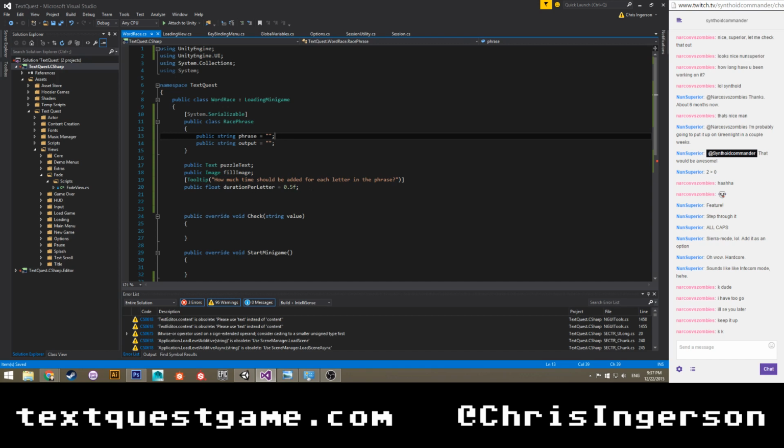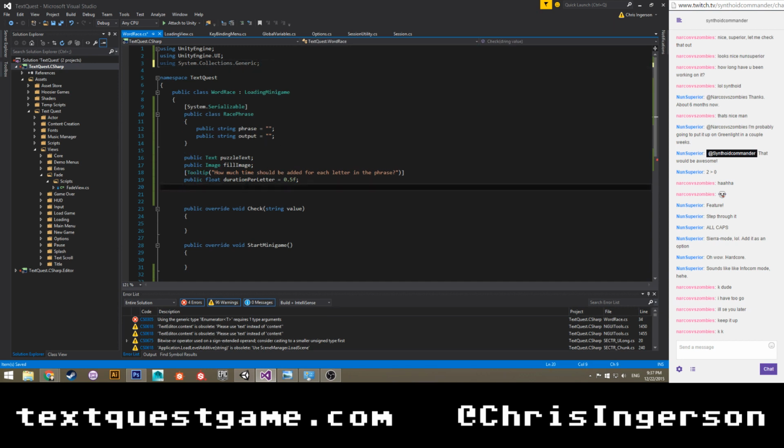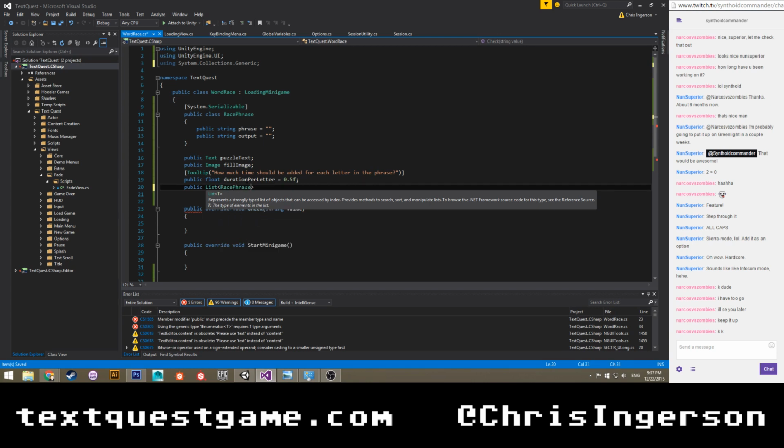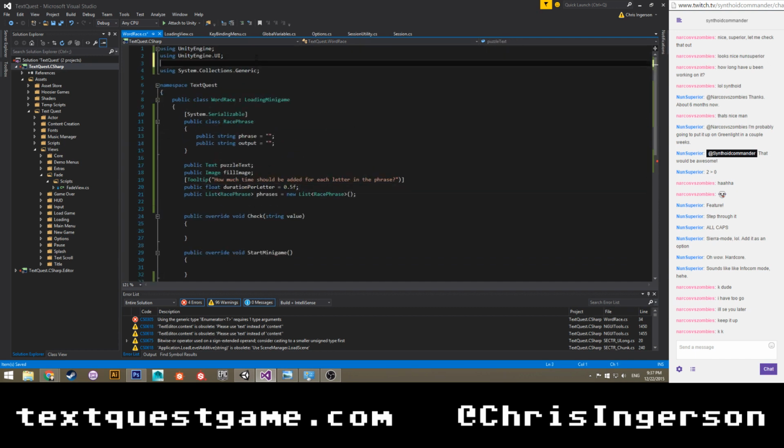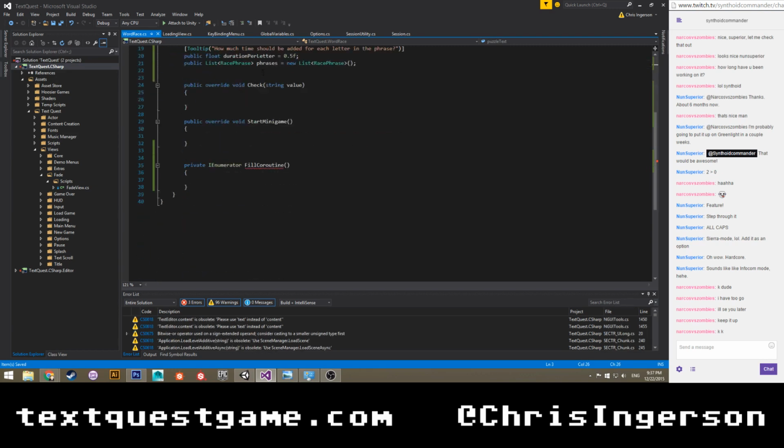And we will have System.Collections.Generic. Get rid of System. Public list race phrase phrases, new list race phrase. Ah, right. I forgot that I need using System.Collections. I'm doing a coroutine, so I need System.Collections.